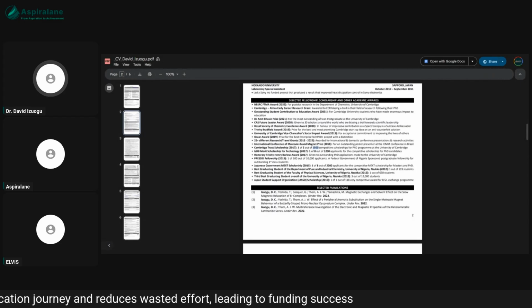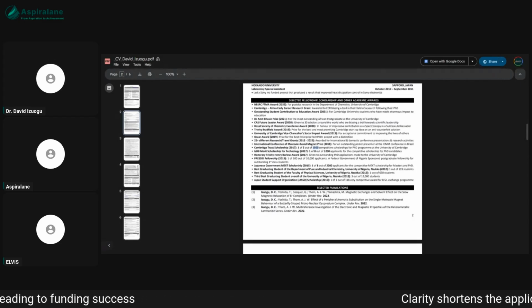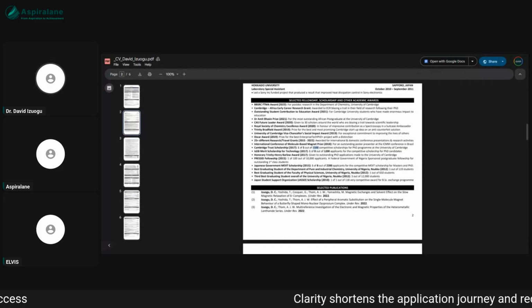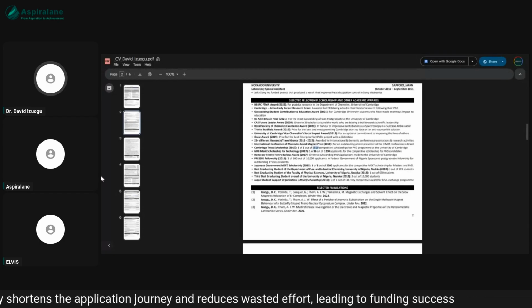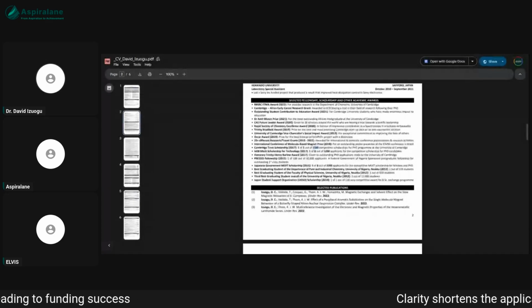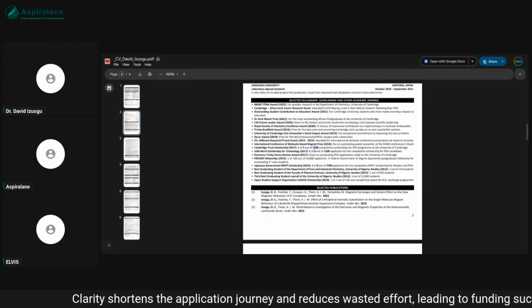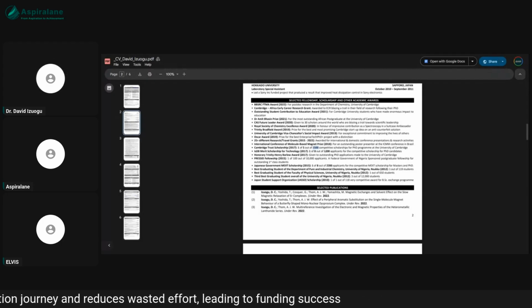So you can see how quantifying these things in your CV makes you stand out. Now that I'm saying it to you, you can imagine what that feels like. Compare that to if I had said, yeah, I got a Cambridge Trust Scholarship. Or if I had said, yeah, I got the ISDB Merit Scholarship for Technology. Or if I said I was the third best graduating student of my set in UNN. The feel is different when you hear the quantification of that number.